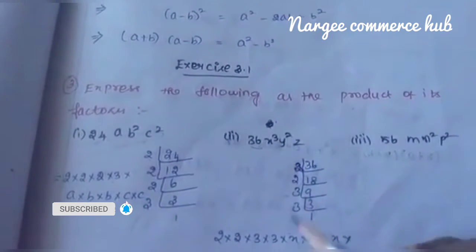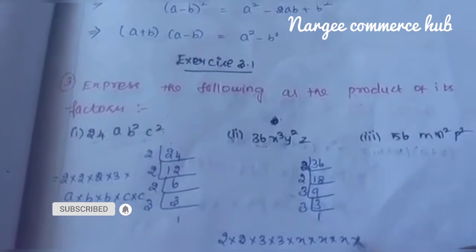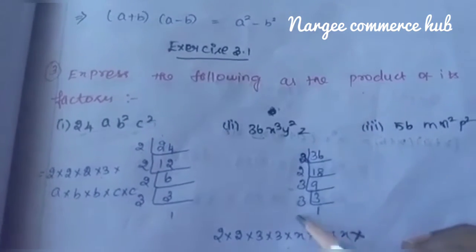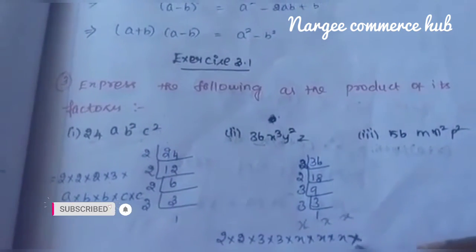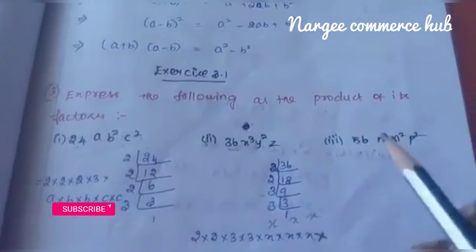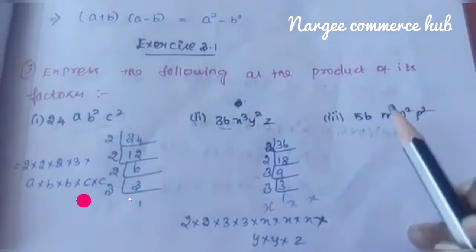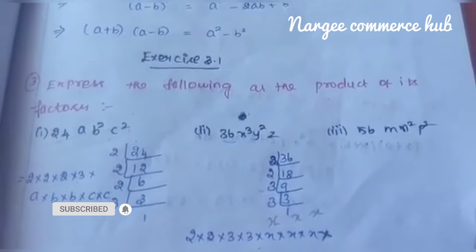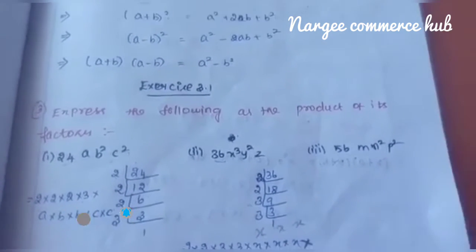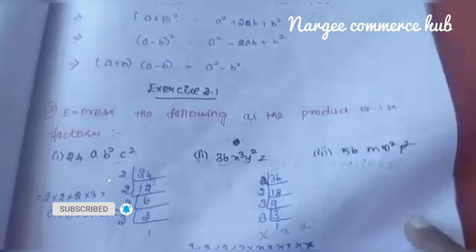Again, x cube can be written as x 3 times: 1 time, 2 times, 3 times. The multiplication symbol differentiates the smaller x's. Y squared means y 2 times, and then z. 56 is for homework. It comes in the 2 table, 4 table, or any other of your choice. You can break it and write it as small units, starting from the small tables 2, 3, 4.